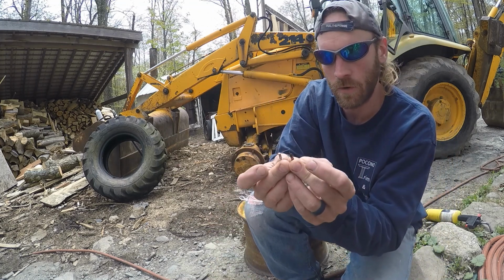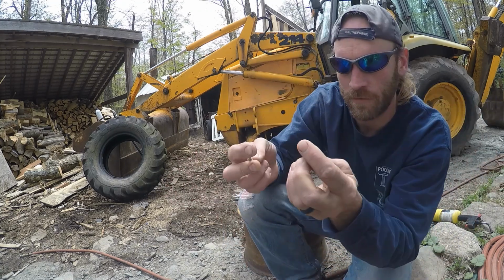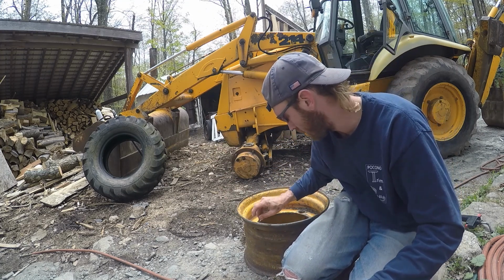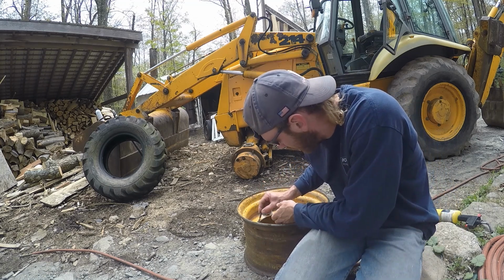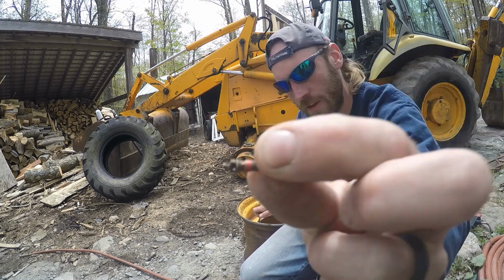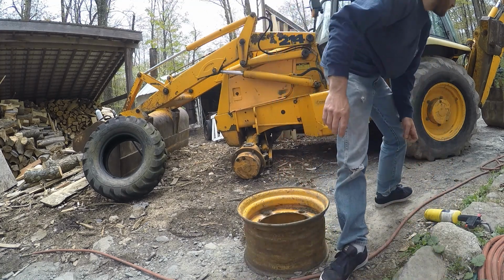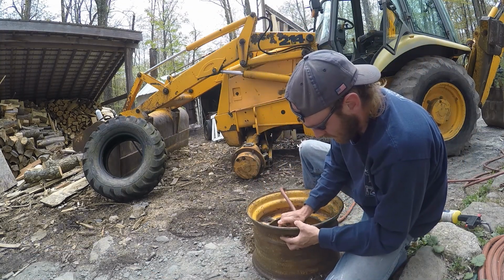Alright, hopefully this new one will work. I don't know. Maybe I'll put that in there and just make sure, because they are a little bit different. It might not fit in this other one. If that's the case, I'm going to have to get a whole new valve body in general. Let's see how this goes in. And to put it in, you just re-screw it in. It has really, really tiny threads on the side of that grip it, and it screws right back in there. So that went in fine. I don't know whether that's going to hold or not. Let's put some air in it and see what happens. But I want to see if this is going to stay and if it's going to...